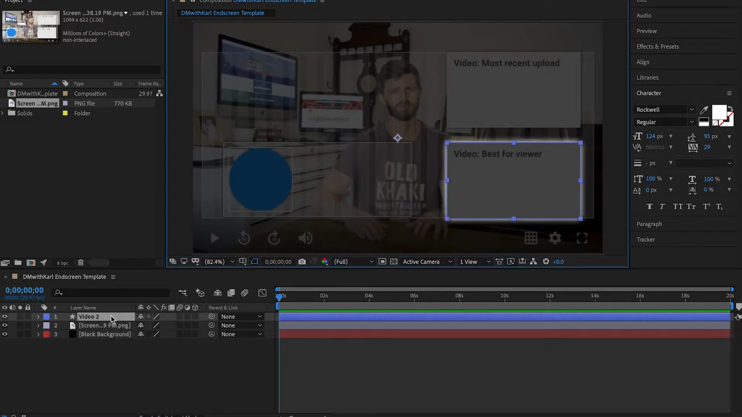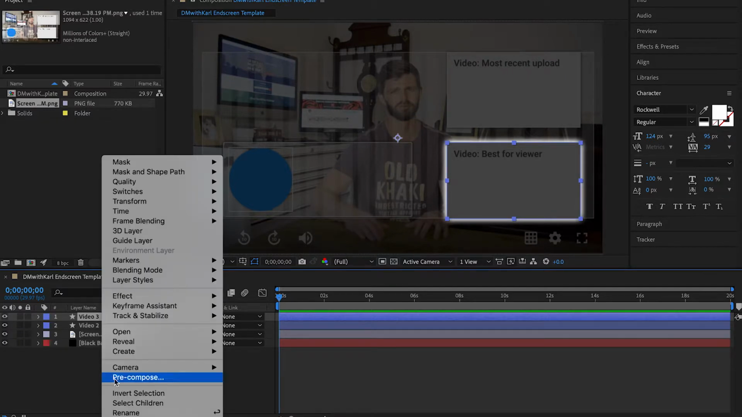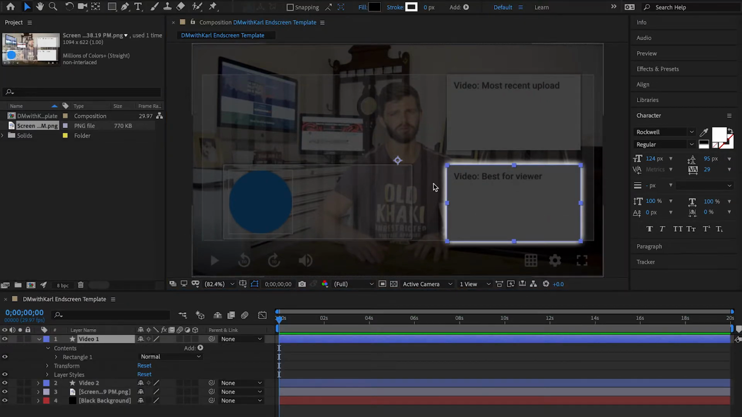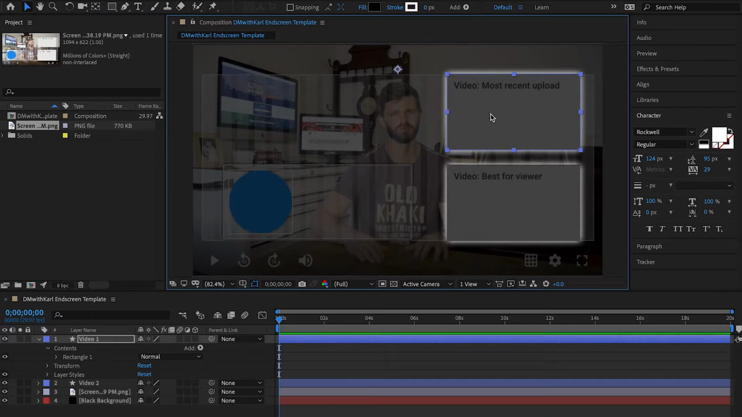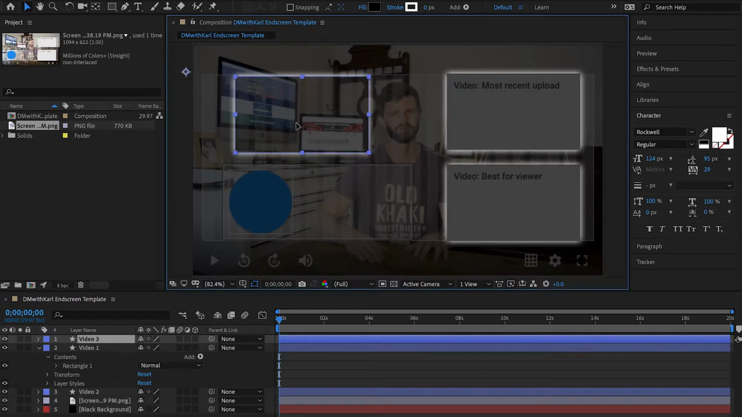And once we've zoomed out, we're going to select our Video 2 layer and hit Command D or Control D to duplicate it, and we're going to rename the new layer Video 1. So we're going to have Video 1 and Video 2. Select the selector arrow and we're going to grab the Video 1 and drag it up to sit over the top right hand video shape. Once you're happy with this position, let's duplicate Video 1 layer and we're going to move it over to the left,